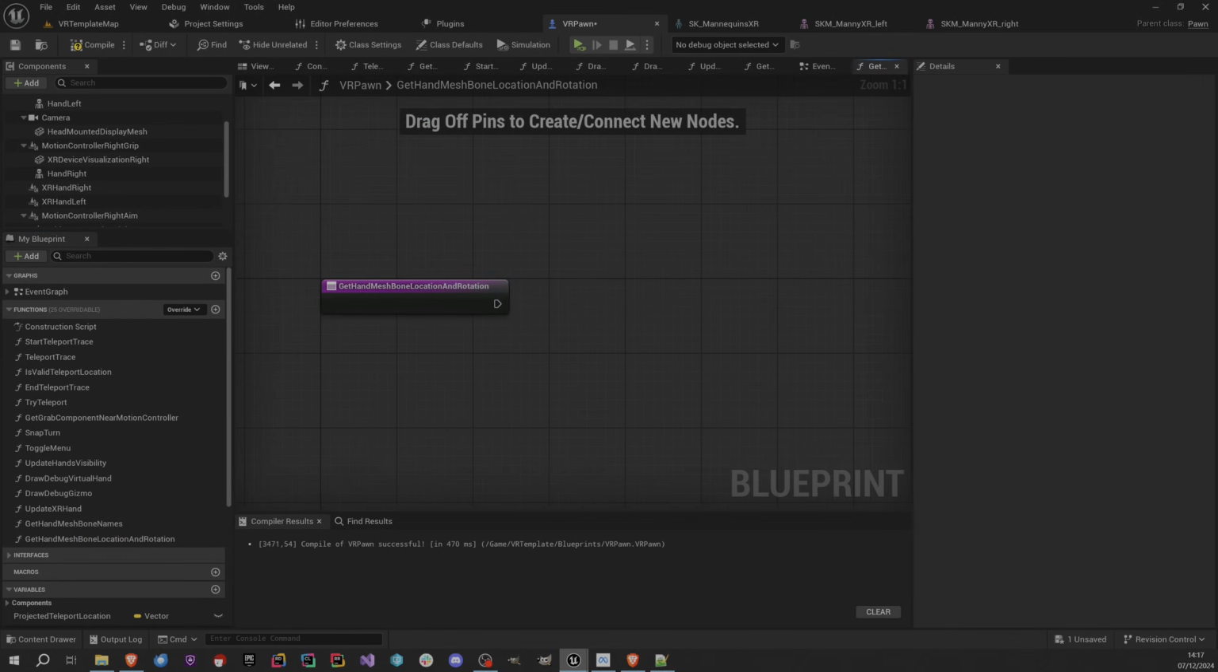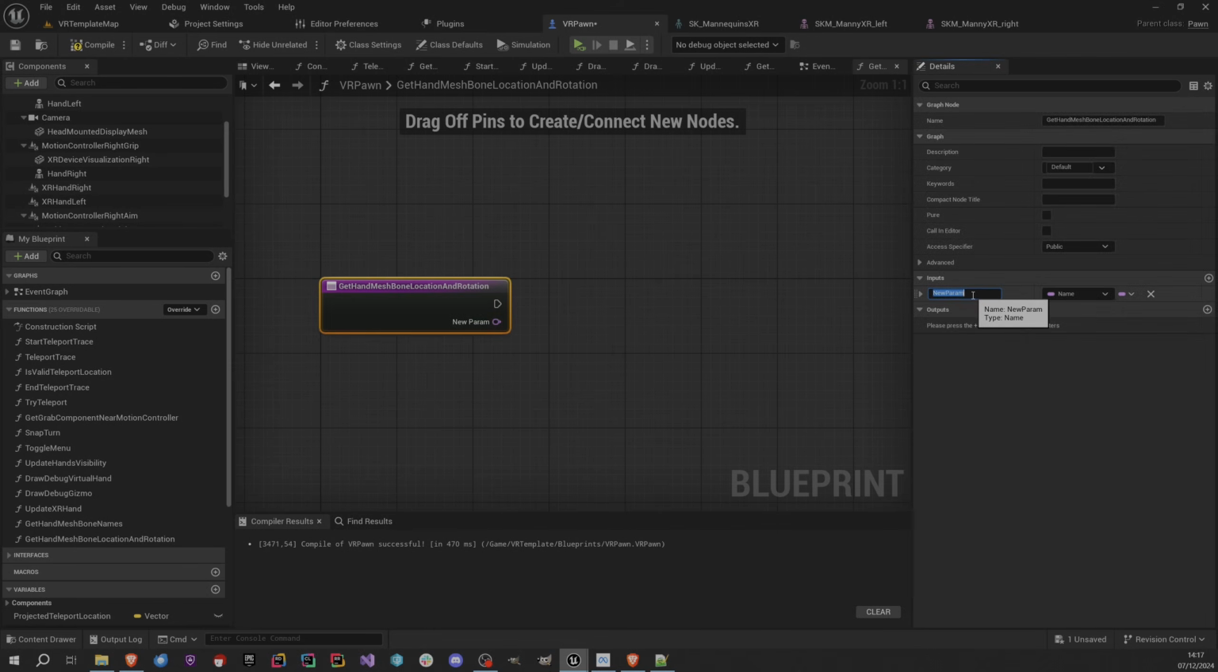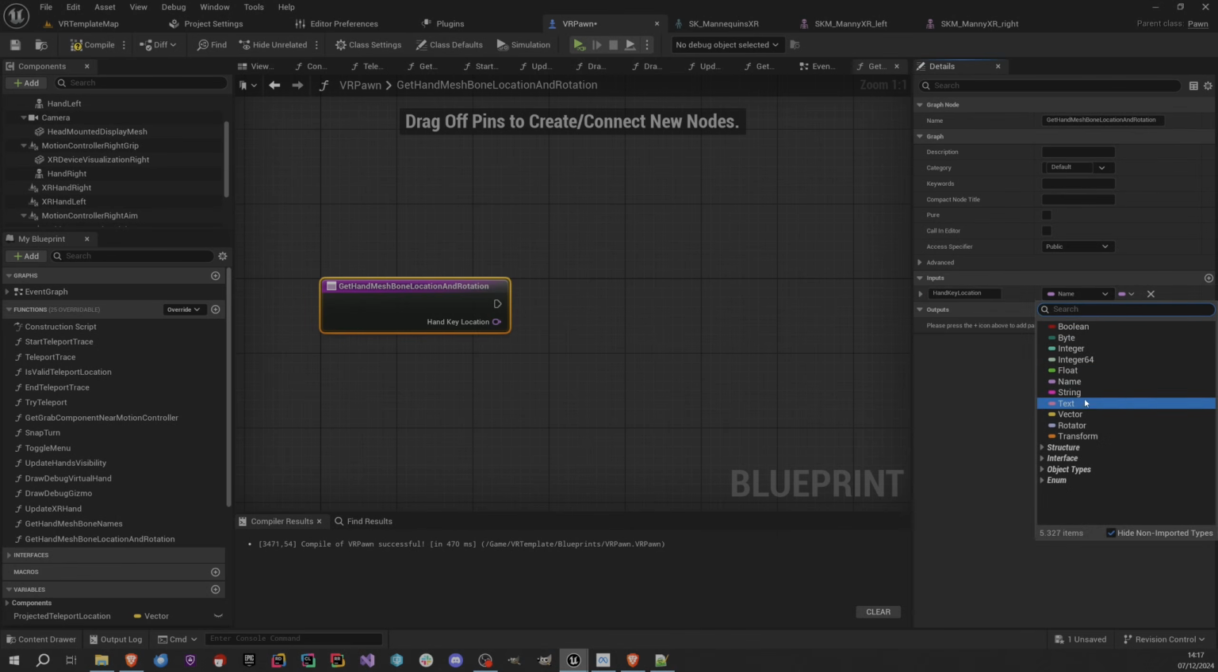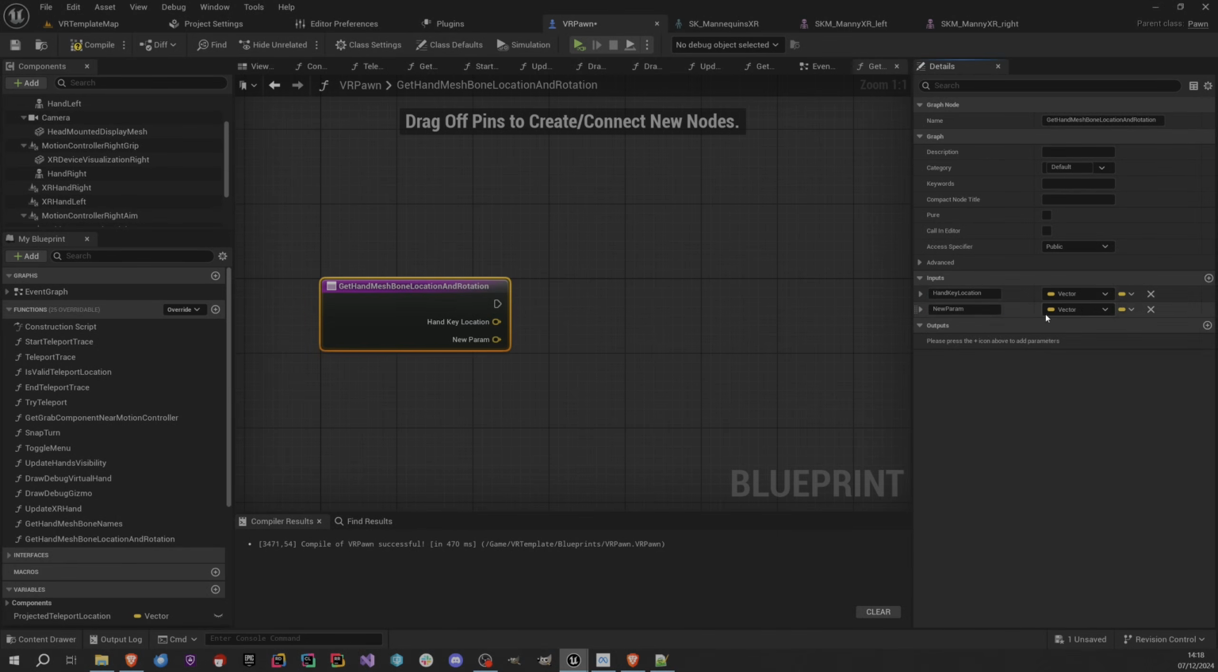So what we are going to do is inside that function, we are going to accept a hand key location and hand key rotation. So I'm going to remove this from here. Then I go to input and output. I'm gonna call this hand key location, of type vector, and I'm gonna add hand key rotation. Then what I'm going to do is return a bone location